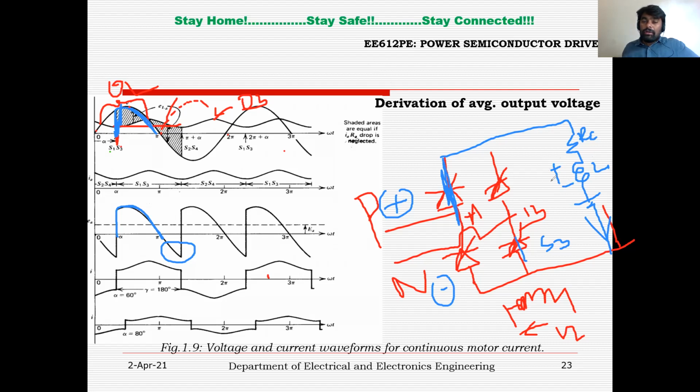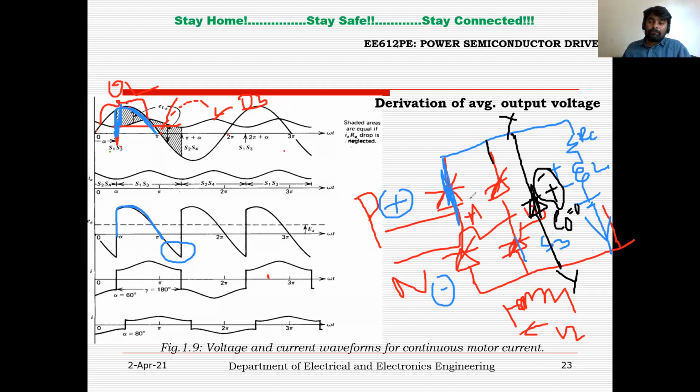Now if I want to run the motor during the discharging period, the inductor has to discharge its energy, right? Before discharging the energy to the load, it has to reverse its polarity. So positive will become negative, and negative will become positive. Now here we will have a freewheeling diode, right? So during the discharging period of the inductor, the freewheeling diode comes into the picture, and the battery terminals X and Y, where you measure the output voltage of a semi-controlled converter, is zero, because the load is short circuited by the diode.